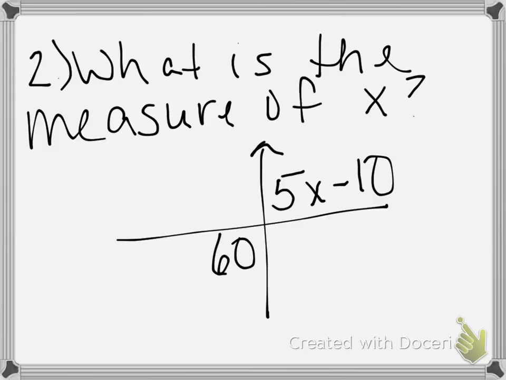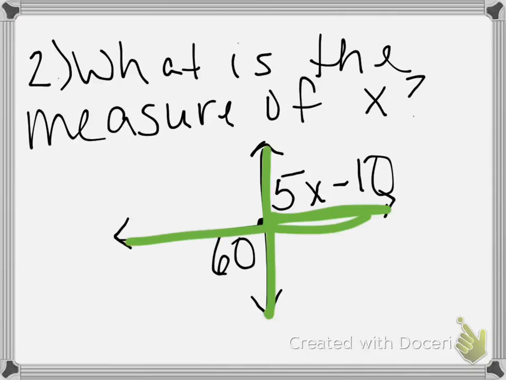In order to work this out, we have to understand the relationship. Again, these are vertical angles. Vertical angles share a vertex but not a side. Vertical angles make a VA, if you will look at it. Here's your V, and then here would be like your A. So vertical angles are congruent, which means that they equal each other. So if we have 5x minus